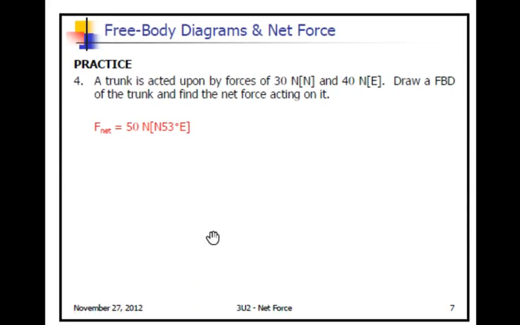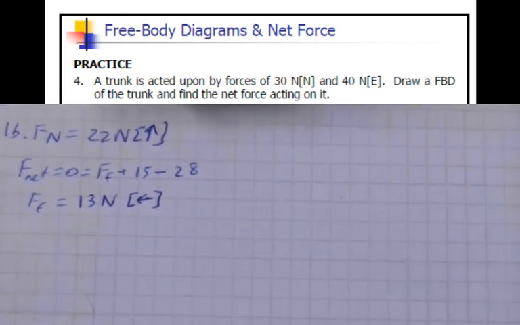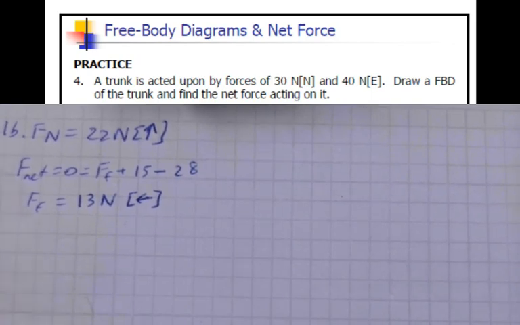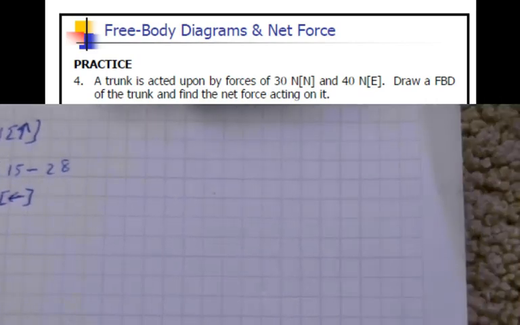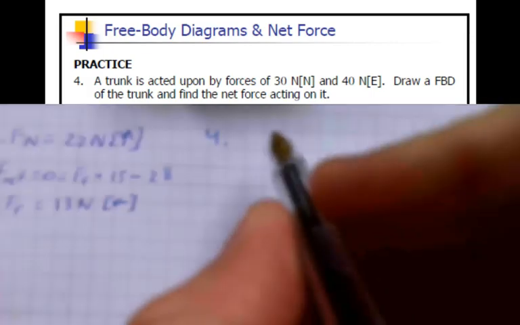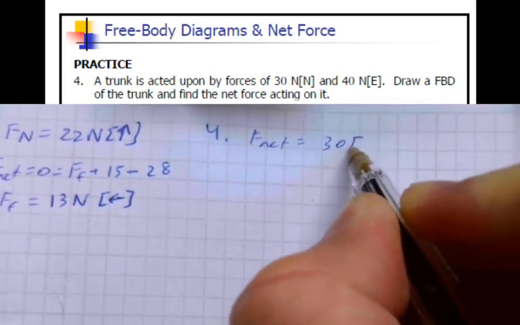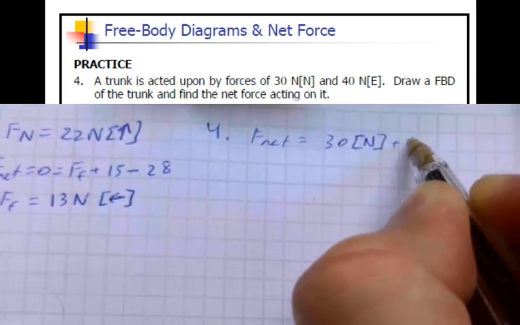Here's another problem. This one we will work out. It says a trunk is acted upon by forces of 30 newtons north and 40 newtons to the east. So we're asked to draw a free body diagram of this, and then we're asked to also find the net force. This is question 4 we're working on. So our net force, F net, is equal to 30 north plus 40